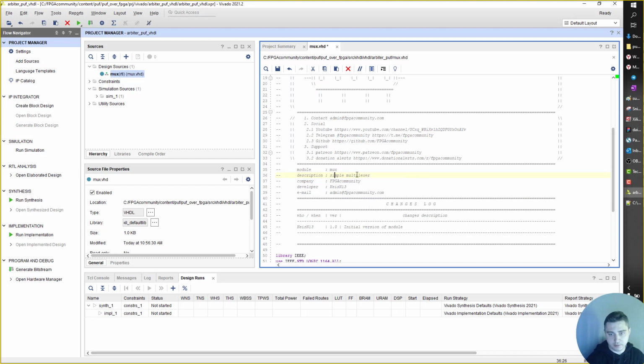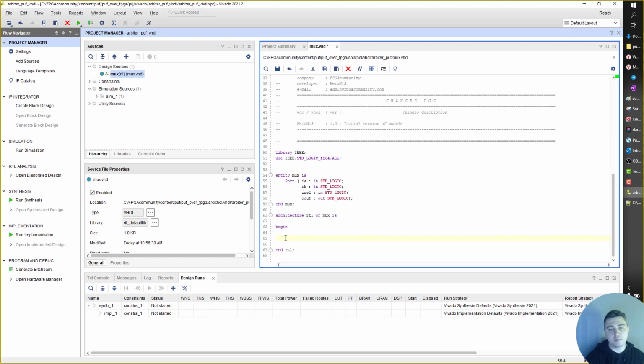Simple multiplexer. It is very simple to describe a multiplexer in the VHDL language. For this course, I will use one type of description using the when statement. So how to do this? We need to type: out